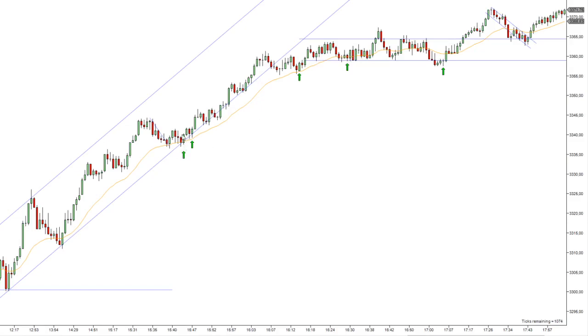I entered here as well. I wasn't really talking about my trades, I got a little bit sidetracked. I took this trade and I took this trade right here, and I almost got stopped out, but